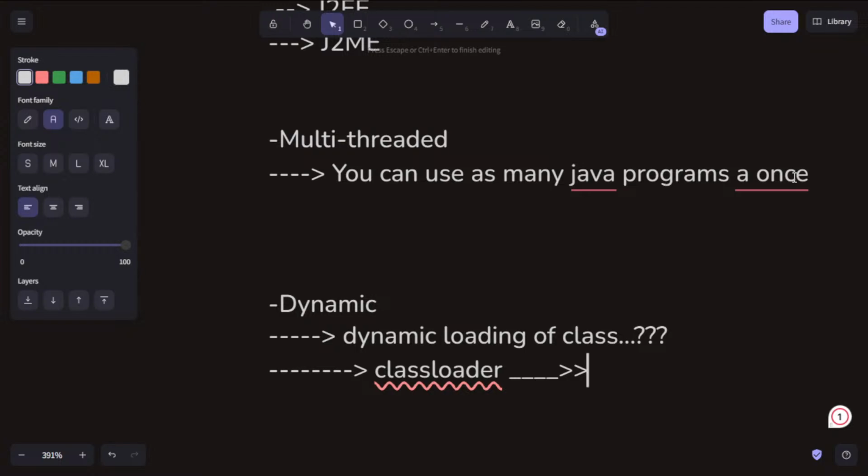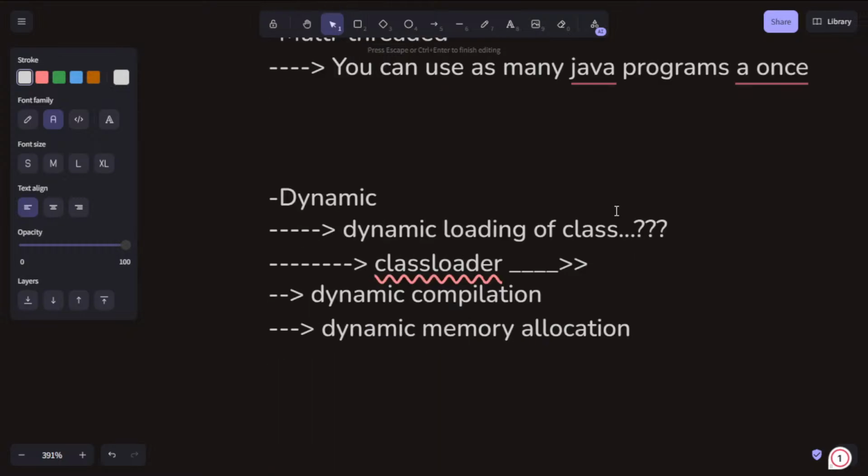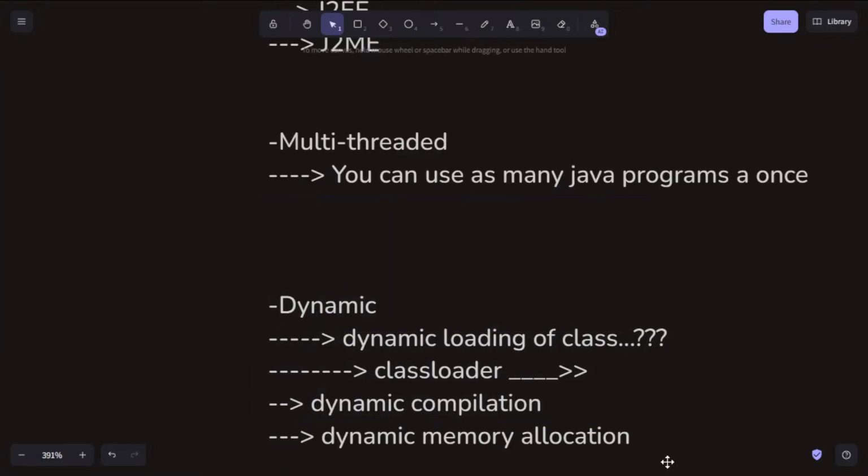This is called dynamic, and it also supports dynamic memory allocation, dynamic compilation, and dynamic memory allocation. That's the reason we can call Java dynamic.